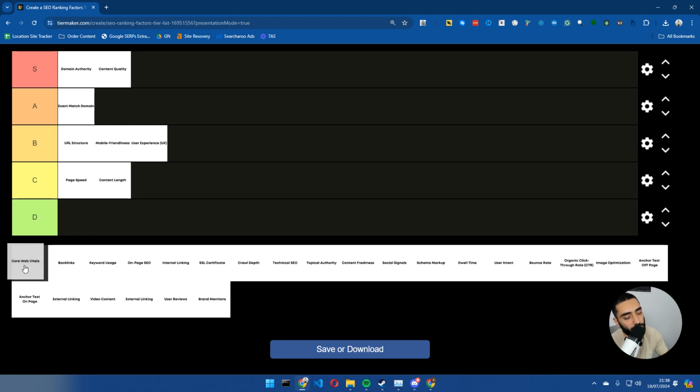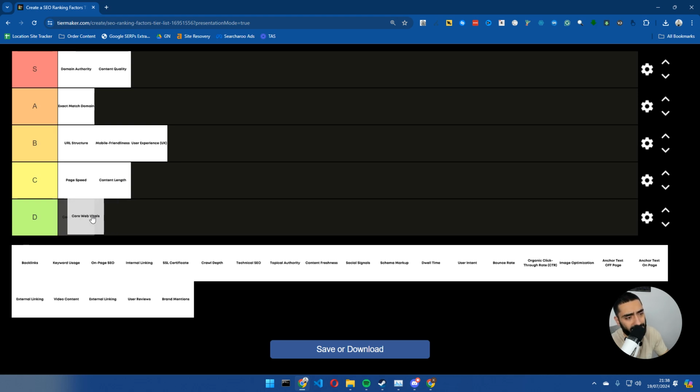Core Web Vitals. I have seen a lot of people speak about Core Web Vitals. It was one of the major talking points, I believe either end of last year or potentially start of the year. Again, it's not something that I would seriously worry about. I would probably put this in the D category, because I'm going to assume if you've got a good page speed load, it's kind of hand in hand. If you've got good mobile friendliness and a good UX, your page speed is going to probably be pretty decent, and your Core Web Vitals is going to be pretty decent as well.